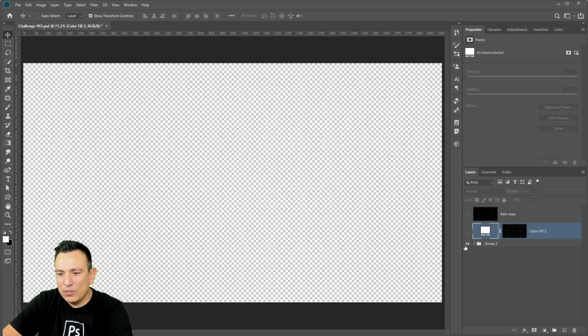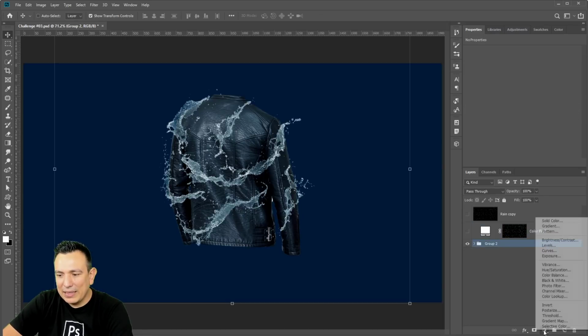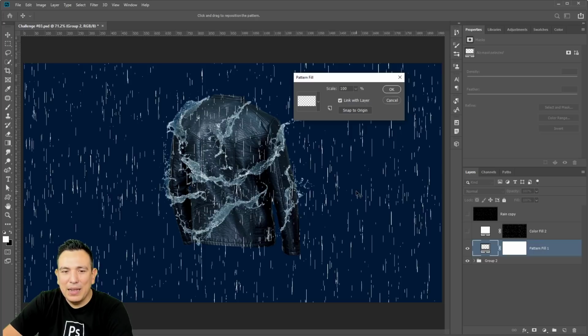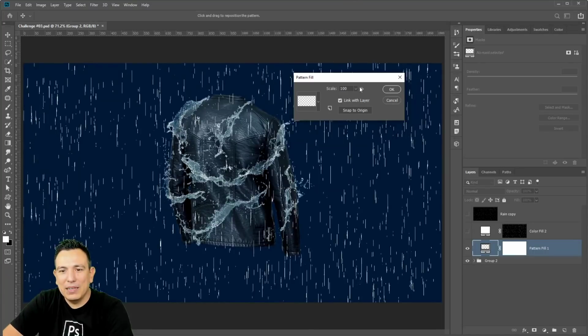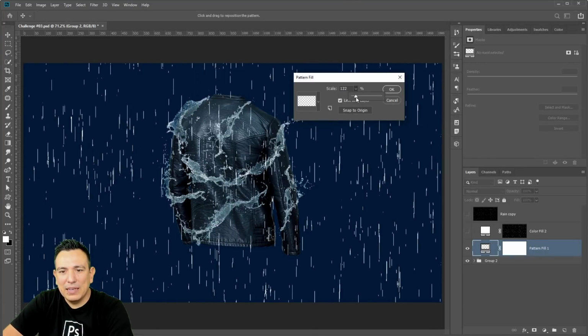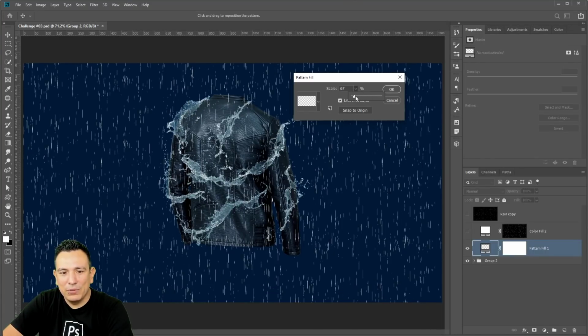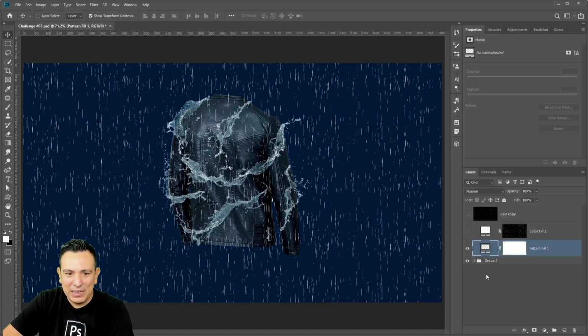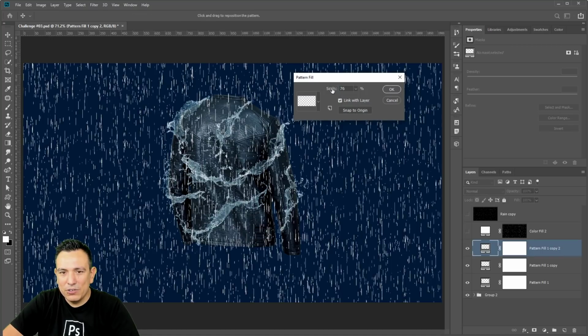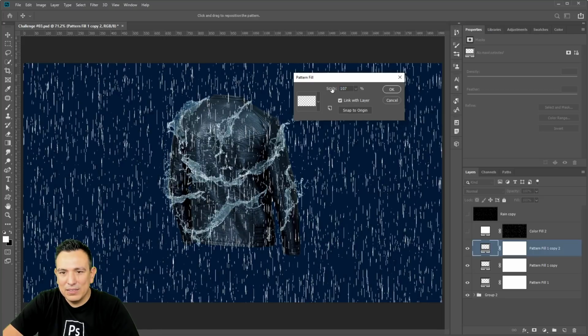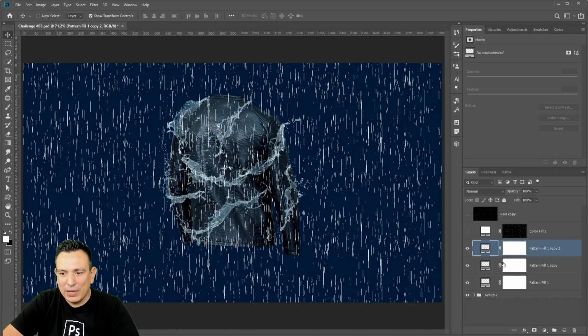And now when I go into my composite here, I can create a pattern, and by default, Photoshop will load the pattern that you just created. And look at this, we have rain, seamless rain. And you can scale it up, scale it down, whatever you need. And the cool thing about it is now I can just duplicate my rain layer 3 times, and maybe the one that's closest to us will be larger rain. Scale it up a bit, press OK,